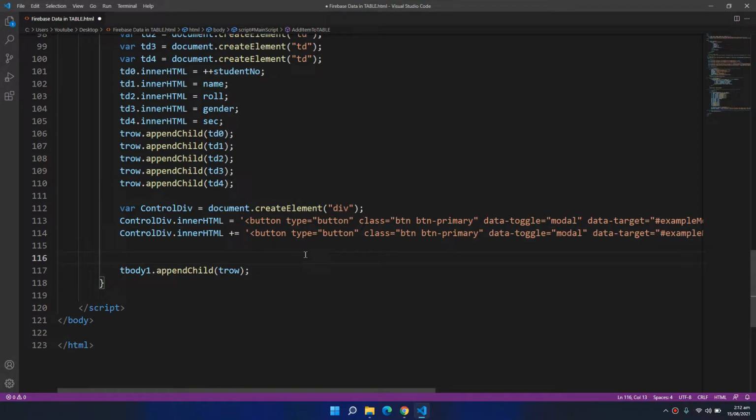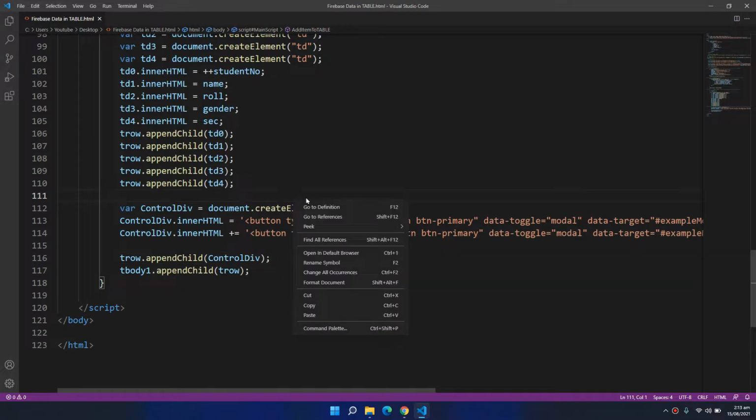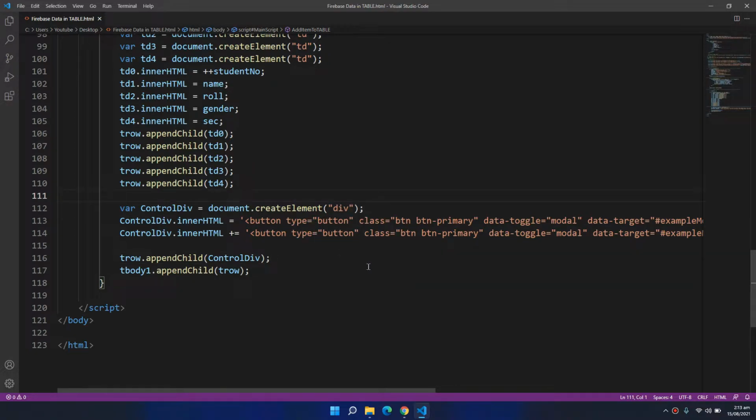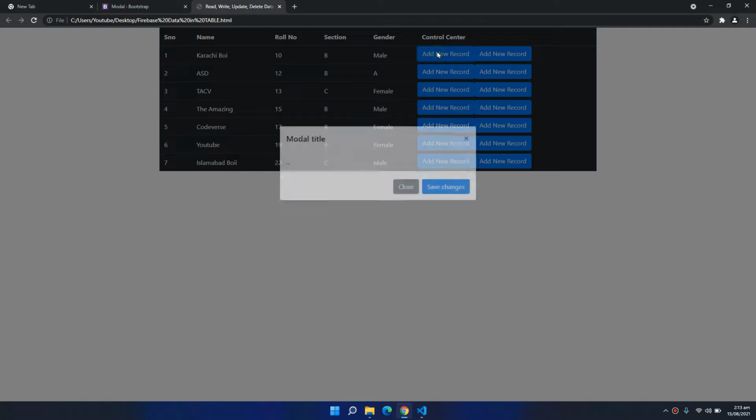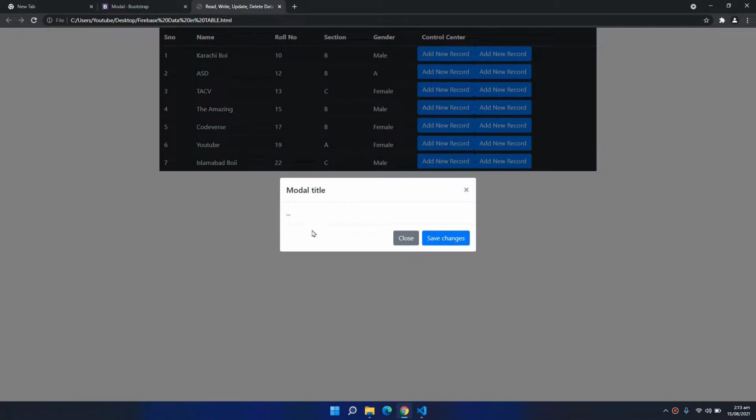Then after filling the control div, I'm gonna add this complete div to my row, and now let's see the progress. So our records are here with these buttons, and when I click any of the buttons, the modal appears.